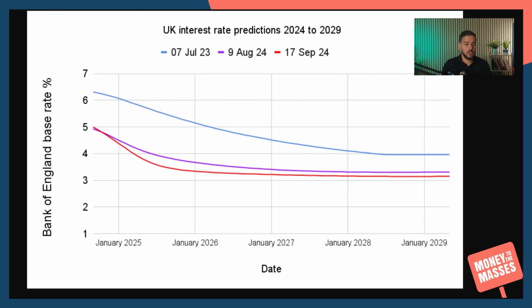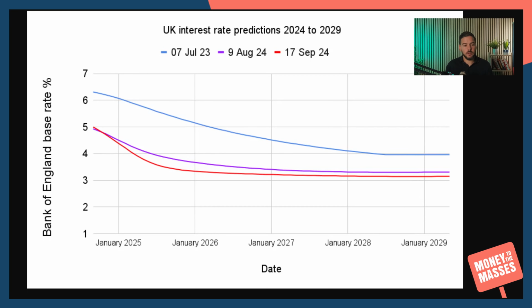Go back to July 2023, the market was thinking the base rate would be at this point in time above 6%. Obviously, things have changed. The Bank of England raised its base rate to control inflation, something that it seems to have succeeded in doing. Now the market is predicting that the base rate will fall quicker than previously anticipated. The purple line, as I said, was the prediction in August. What it means is that in reality, the market thinks the base rate will get to below 4% at some